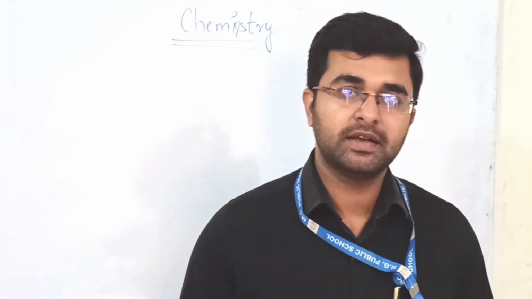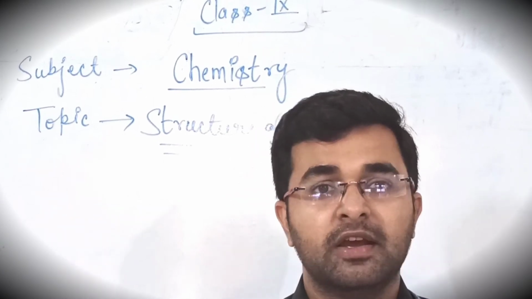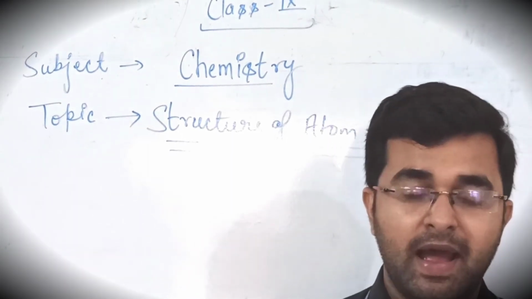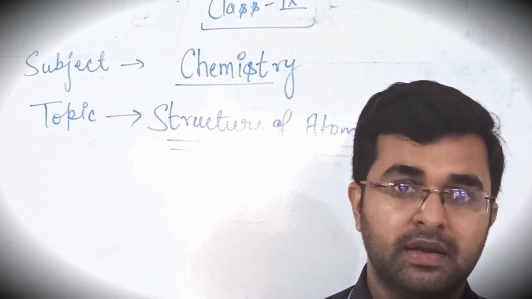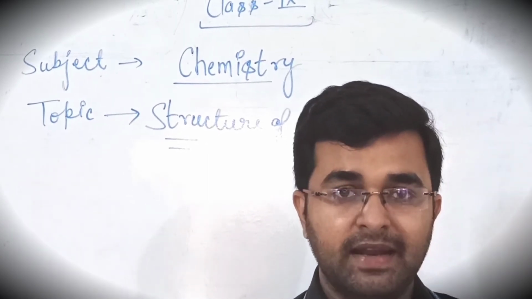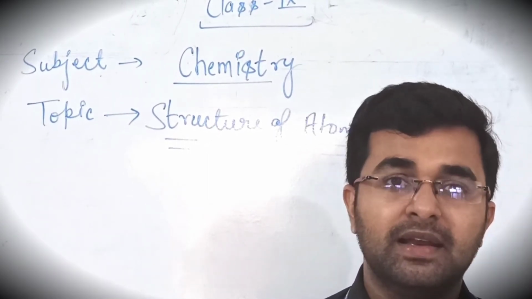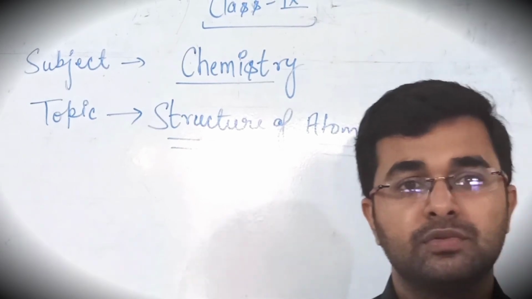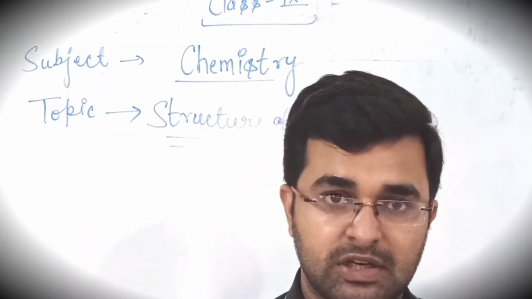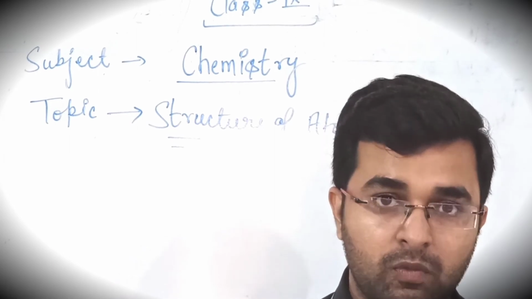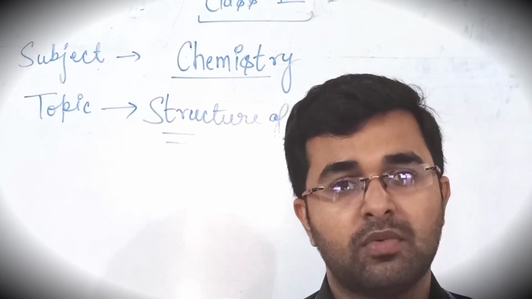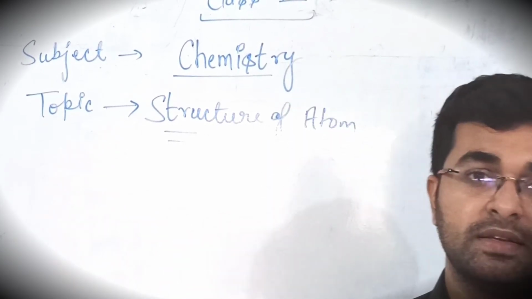Today we are going to start our new chapter, that is structure of atom. Dear students, in the previous lesson we have understood about Dalton's atomic theory, in which Dalton proposed that the atom is an indivisible particle. But different experiments show that atom is made up of subatomic particles like electron, proton and neutron. Dear students, in this video, we are going to learn how the electron was discovered, how the proton was discovered, what are the procedures to generate electrons and protons, and what is Thomson model of atom. So let us start this video.